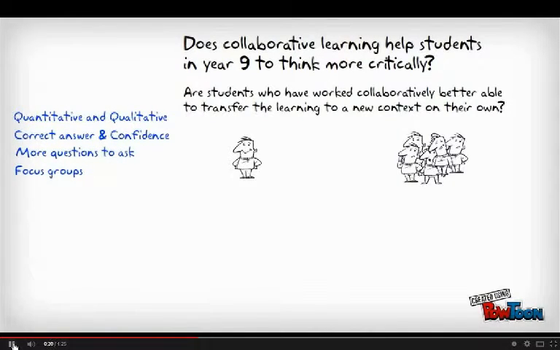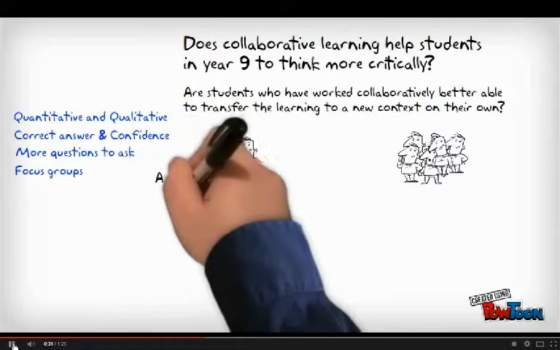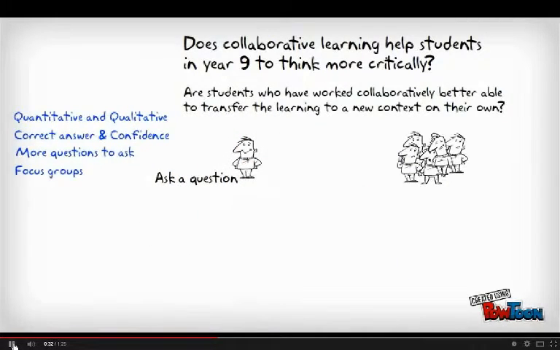Okay, what I'm thinking is I have one class who might work independently on solving a question and one who work in groups of 5 or 6. So for example, with the class